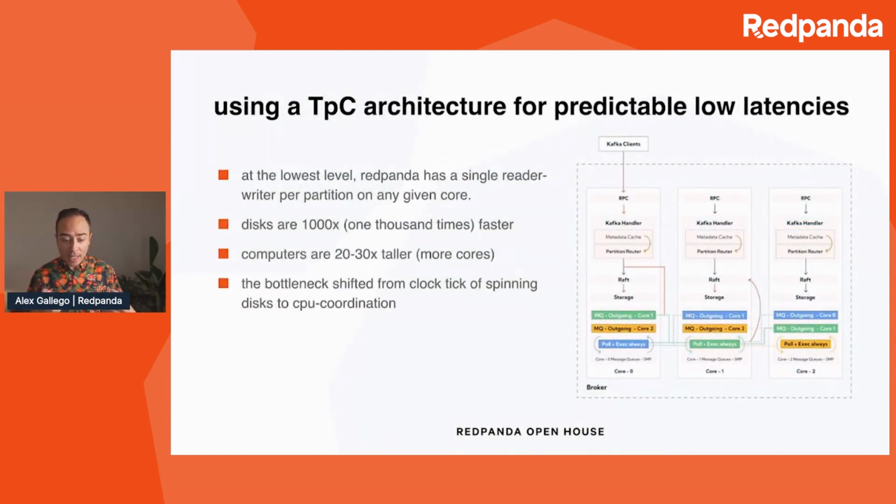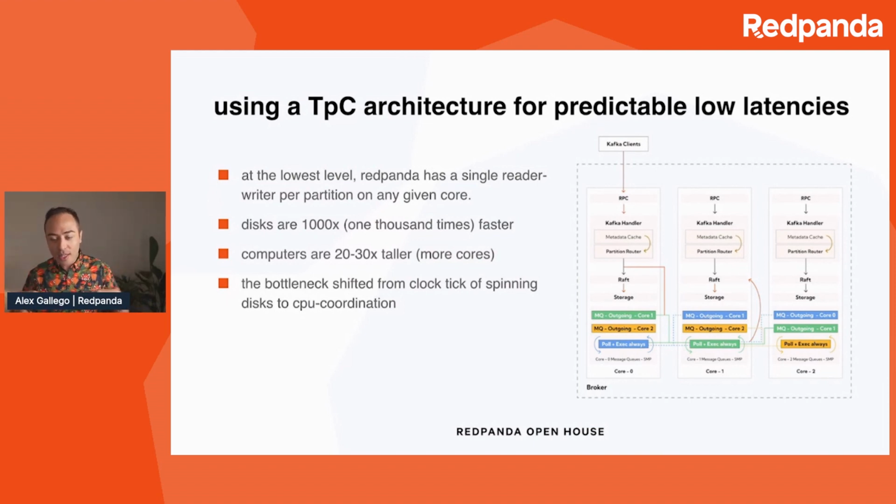At its core, Redpanda is built using a thread per core architecture for predictable low latency. The idea here is that a decade ago, when a lot of the storage systems were built, they were built for the clock tick of the spinning disk, right? And so you go from double-digit milliseconds to single-digit microseconds when you're writing to this particular laptop that I'm giving this talk on. And so when you have a 1,000x improvement on the actual bottleneck of a streaming storage engine, what happens is you can't eliminate complexity. You can only move it around. And the only place you move it to, away from disk, is CPU coordination problems.